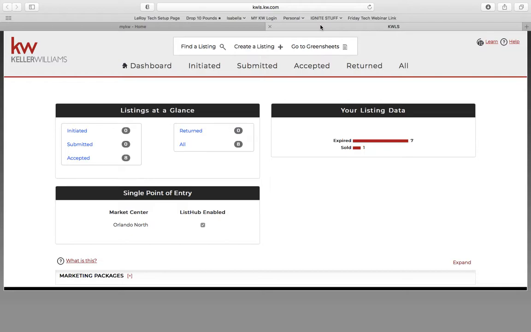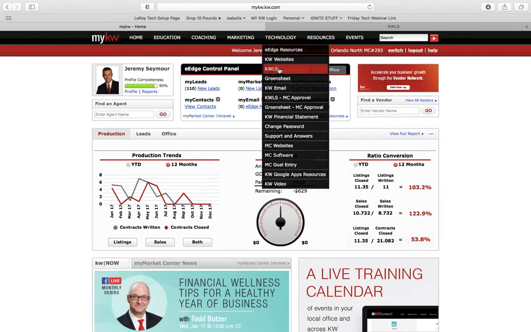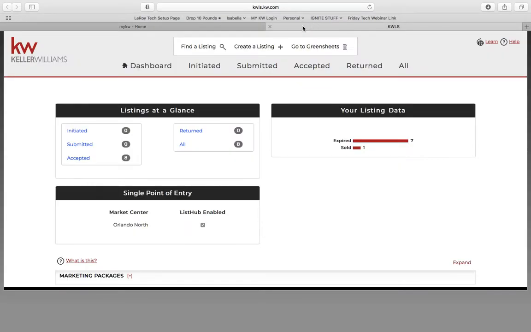Now, once you change that status in MLS to under contract, the expiration date in KWLS stops, and you have 14 days until that's going to show up as completely expired in KWLS. And at that point, if you were then trying to create a green sheet, that's why you would get that notification. So once we've gone into your MyKW, Technology, KWLS, that's going to open up your dashboard here